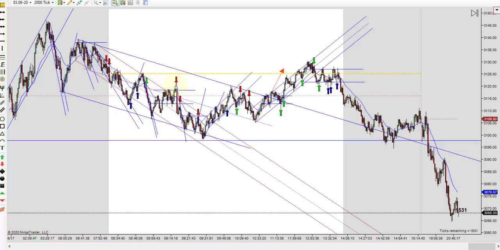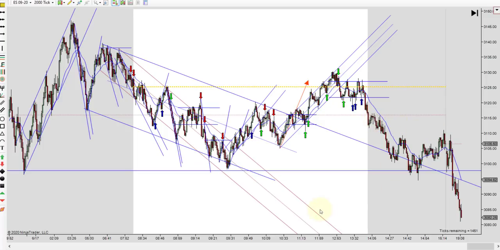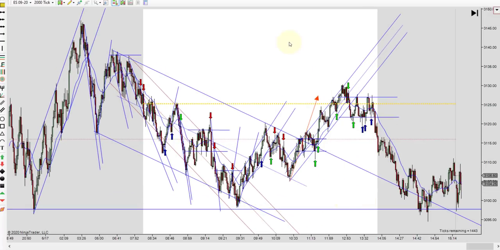And all the way through here, it's down. Until right about here, it's down. And then it's up from there. And then it's sideways into the close. And then actually from 2 o'clock, it's all down again. But we don't want to take any new trades after 2 o'clock. It's just too dangerous trading after 2 o'clock.